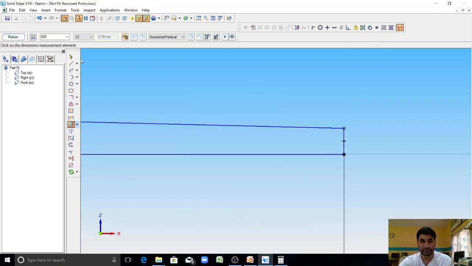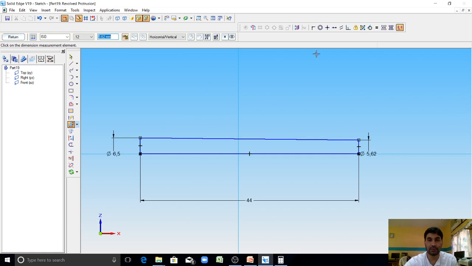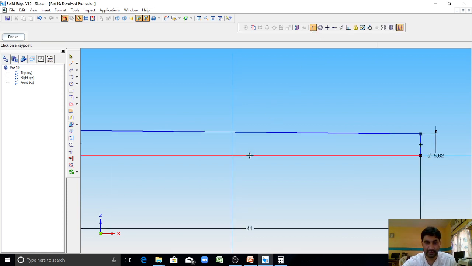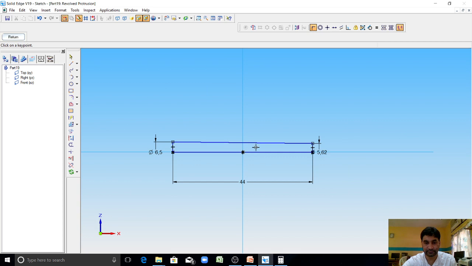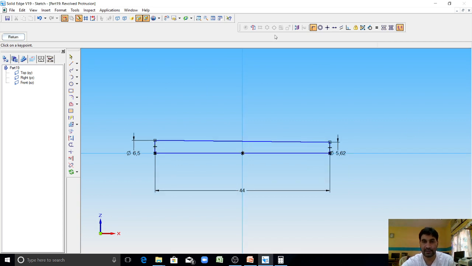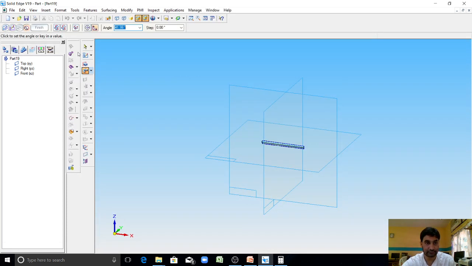This is 5.62. Using connect option, bring this to center, this side to this side, and define the axis of revolution as this one. Click on return. Axis of revolution is 360 degree. Click on finish.